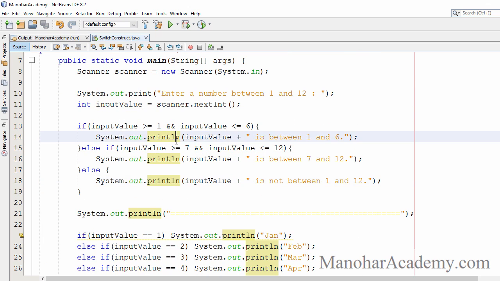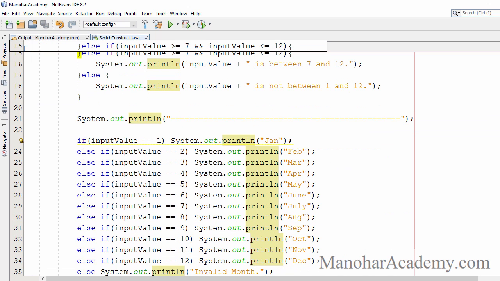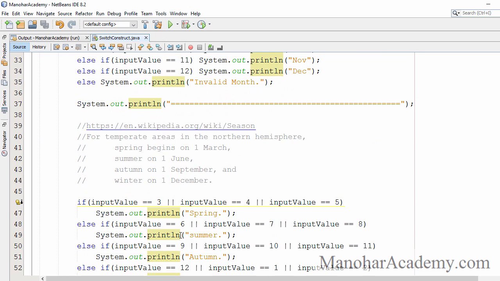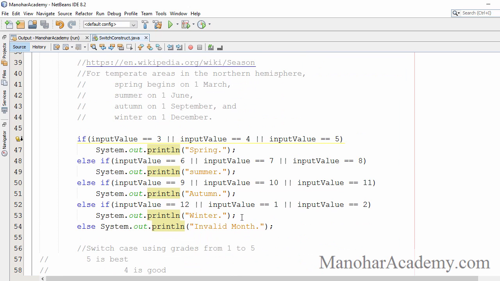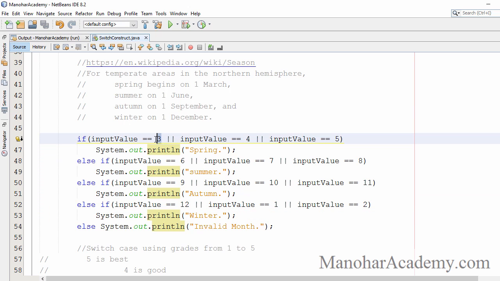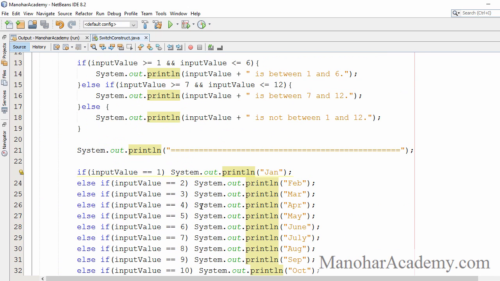So in the first case, we are checking whether it is between a particular range, like between 1 and 6. But in the second case, we are checking the input value against some constants, like between 1 and 12. Also in the third case, even though we have only 4 statements checking against 12 values, still we are checking against all those 12 values individually. Of course, there is an OR operator, but still we are checking the input value against some constant values. So that is the difference between case 1, case 2 and case 3. Case 1 is checking for a range, case 2 and case 3 are checking for some constant values.